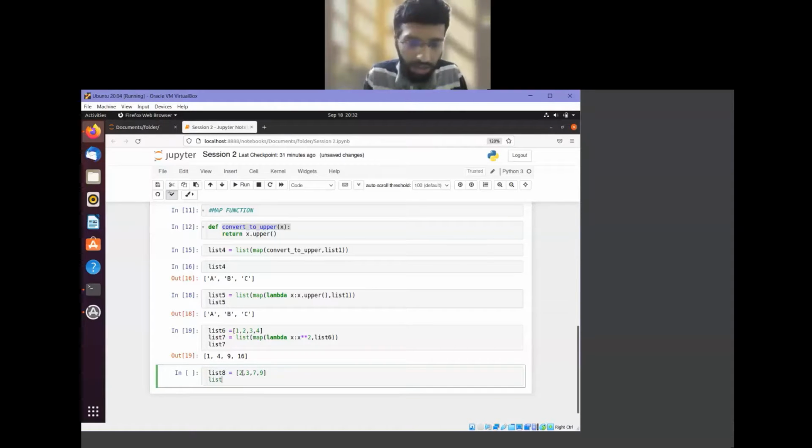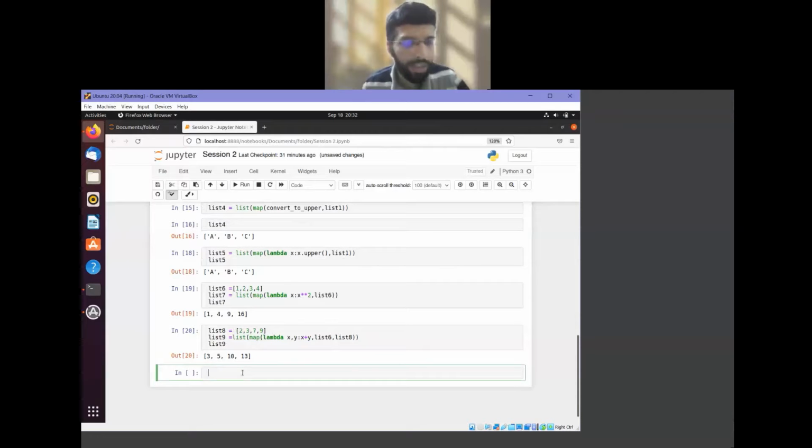I will define list 9 as list of map, lambda x comma y, x plus y, comma list 6 comma list 8. Then let's print list 9. Okay, so that worked.